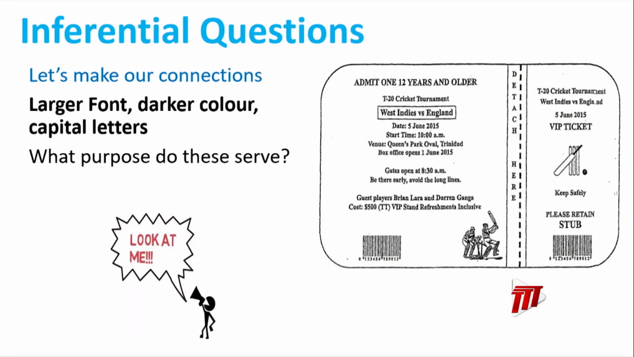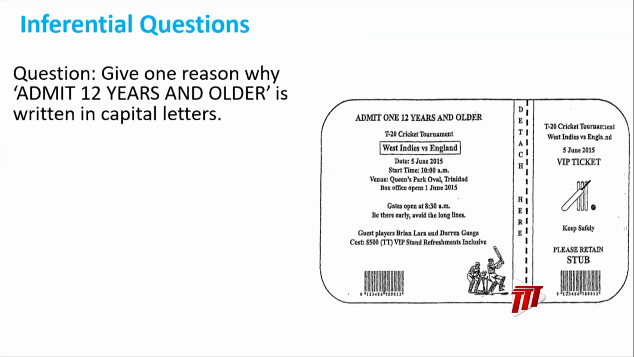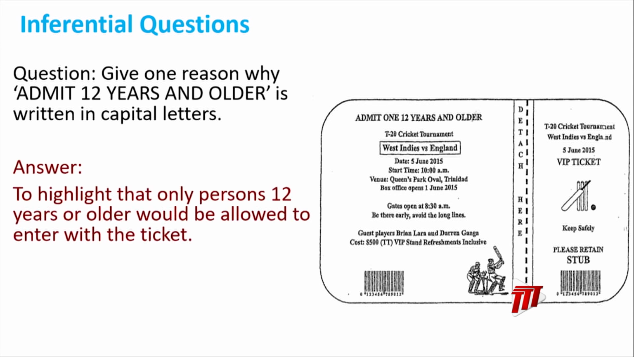it simply screams, look at me. It wants to grab your attention. It wants to get your attention. So the reason why, or give one reason why "admit 12 years and older" is written in capital letters would be to highlight that only persons 12 years or older would be allowed to enter with the ticket. So someone who has the ticket to enter needs to be